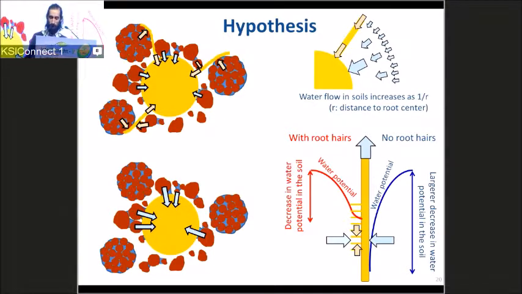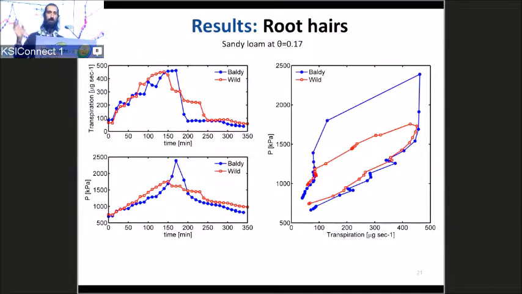So we're still hypothesizing. What did we measure, and what did we find out? So these are the experimental results. So I just show one case. This was a sandy loam, was pretty wet. It was water content of 17%. And during one day, we imposed the cycle of